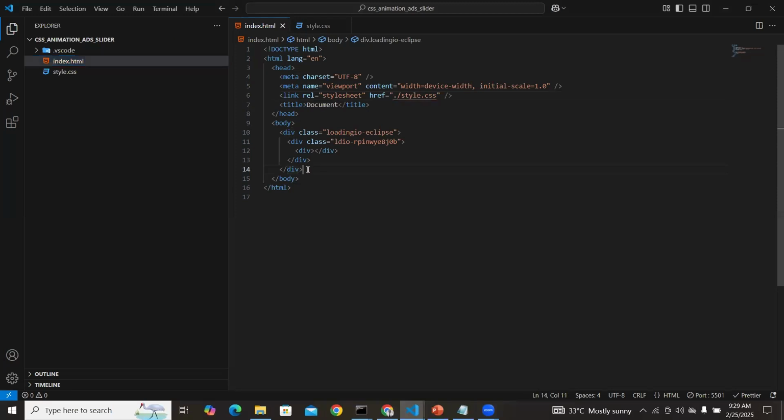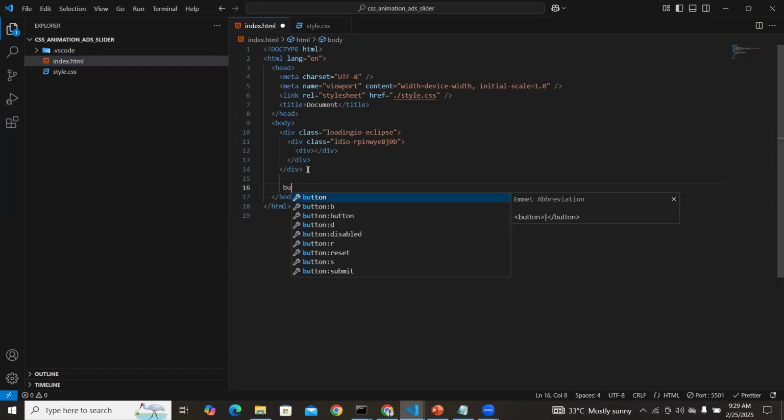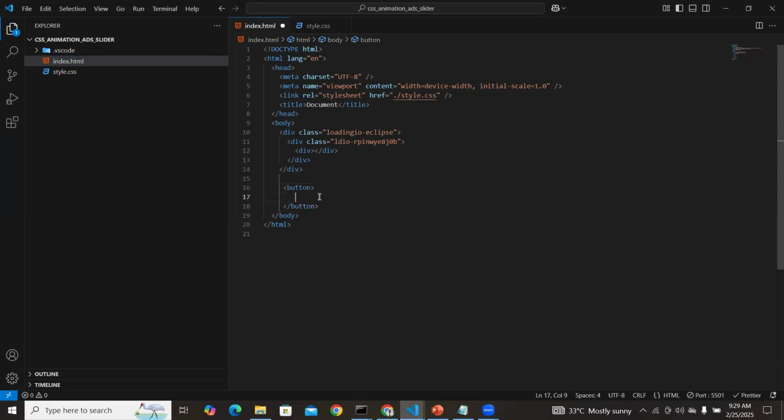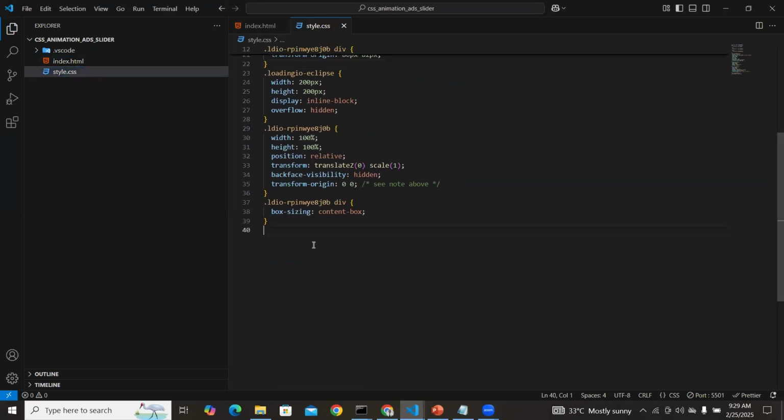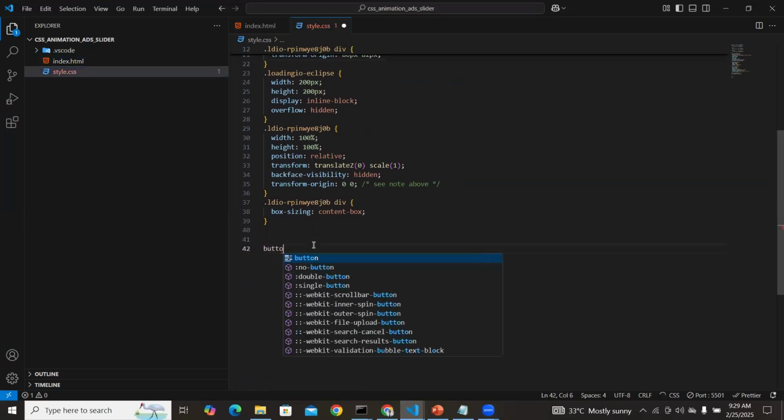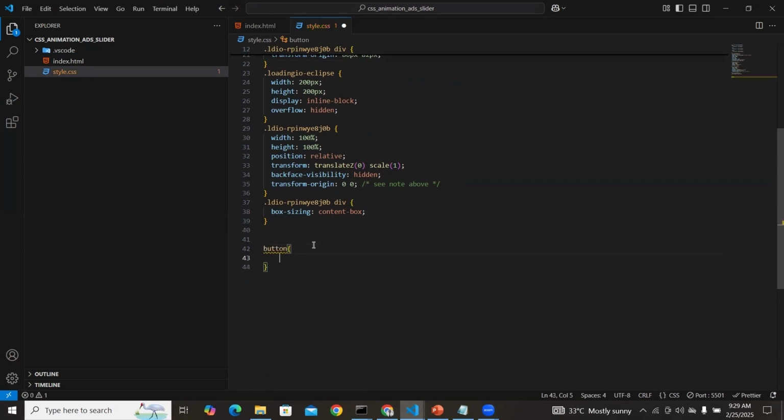So just down here, what I will do is I will create a button, just something simple. And I will just say click me, or let's just say buy now. Buy now. That's it. So I don't need to do much. I can just come down to the CSS here and just say button. Of course, I'm using the HTML tag to target the elements. And I can just say, let's just say padding of top bottom of 0.6 rem, and left and right of, let's just say 2 rem,